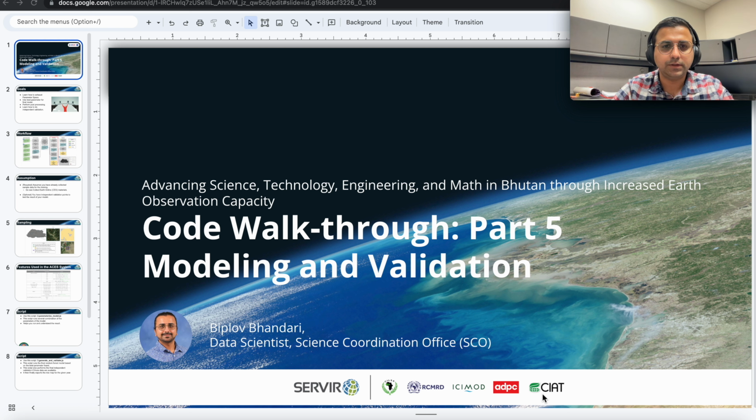For our sampling strategy, we use Collect Earth Online to collect the sample points. Here I have an example that focused on Paro. Paro is one of the most productive district in terms of growing rice in the country of Bhutan. And if you further zoom in and look at one particular plot, so this brinjal color box is a 30 by 30 meter box, which is called as the